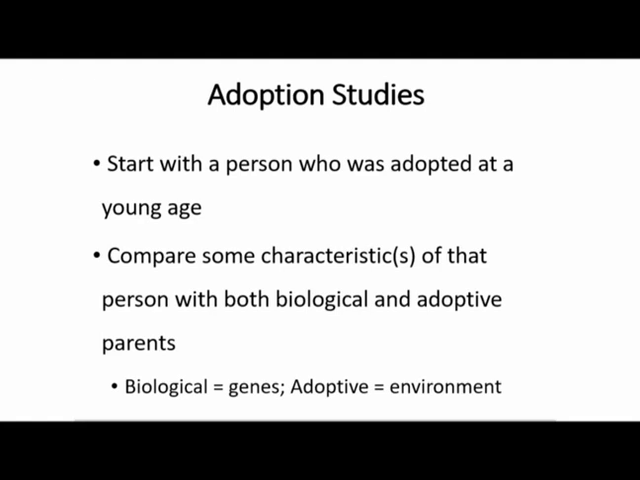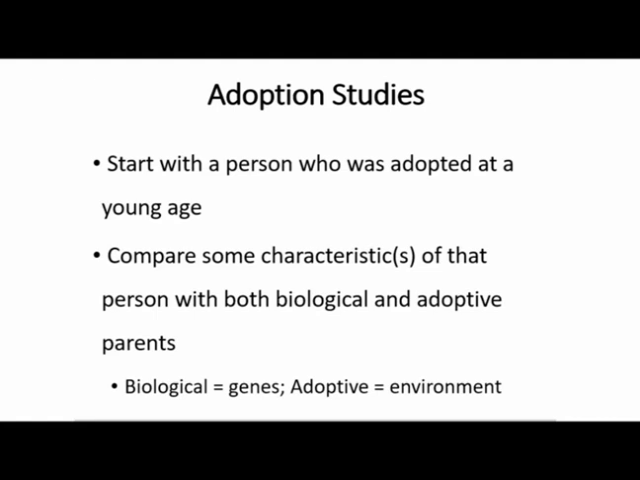So we can pick apart, is it the genes or is it the environment, by comparing that adoptive child with their biological and adoptive parents. And now I'm talking about one single person comparing to biological or adoptive parents, but in an actual adoption study, you would do this with hundreds, if not thousands, of children who had been adopted. So instead of just saying,